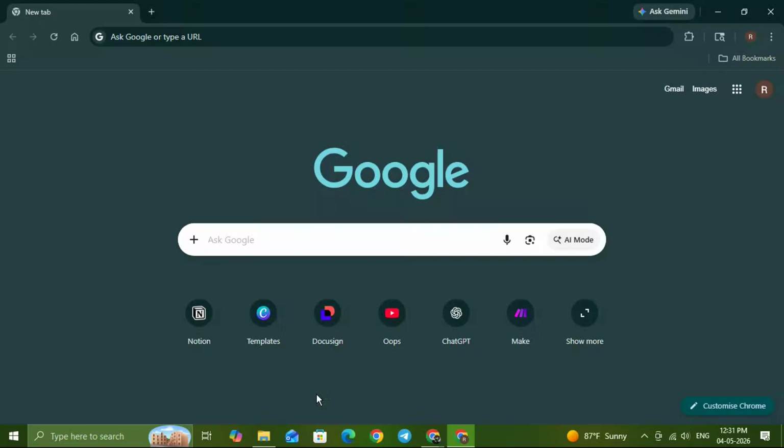In this video, I'm going to show you how to add a Google Chrome shortcut to your desktop on Windows in just a few simple steps. This is super useful if you want faster access to Chrome without searching for it every time. Whether you use Chrome for work, school, or everyday browsing, having a desktop shortcut can save you a lot of